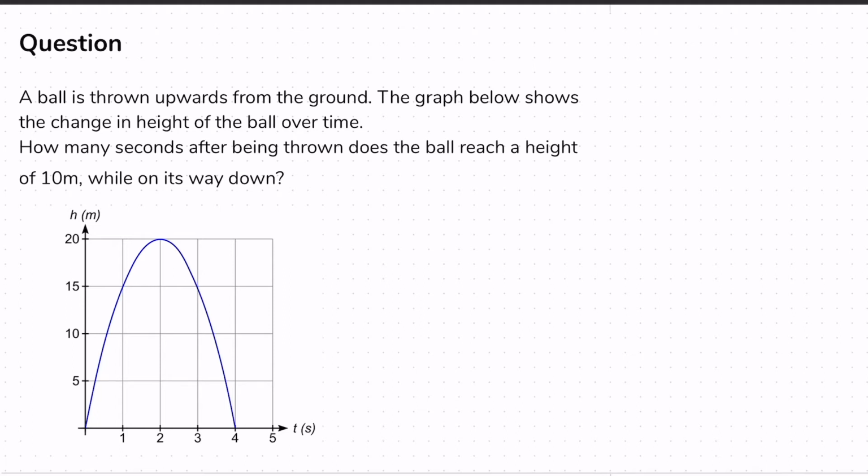The question's asking for how many seconds until we see the ball reach a height of 10 meters on its way down. And that's really important because it actually hits 10 meters twice, right? We see it hit it there, and we see it hit it again there. Now looking at the graph, we can say it's between 3 and 4 seconds, but it's probably,